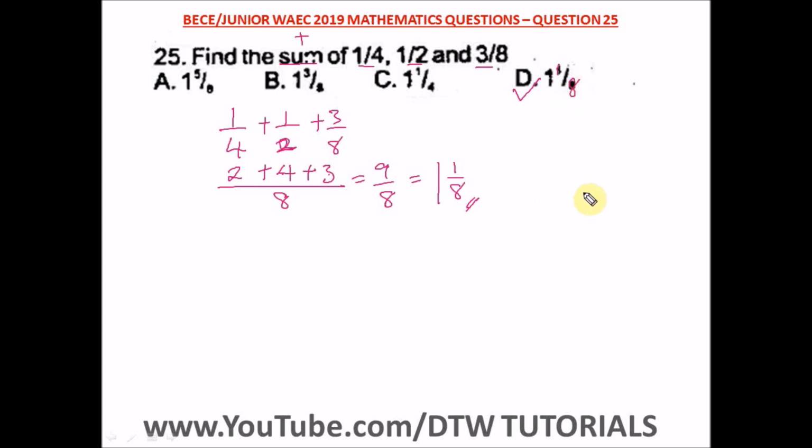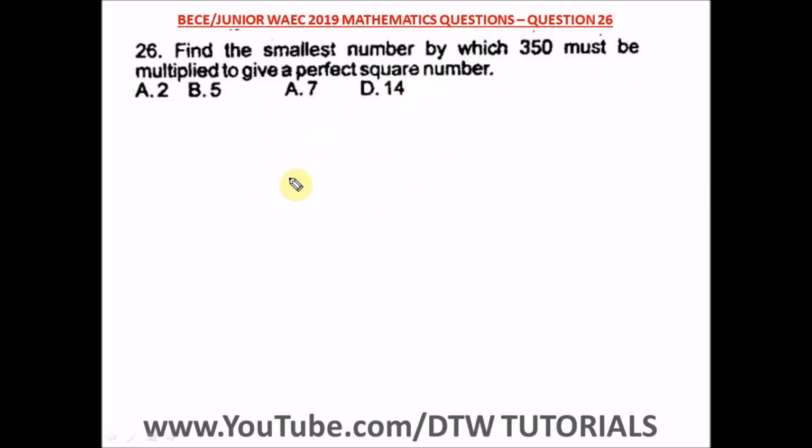Option D. Question 26 of the BECE Junior WAEC 2019 Mathematics Past Question. It says find the smallest number by which 350 must be multiplied to give a perfect square number. Okay, find the smallest number by which 350 must be multiplied to give a perfect square number. So it means one of these options. Okay, when you multiply it by 350, let's say one of these options, when you multiply by 350,